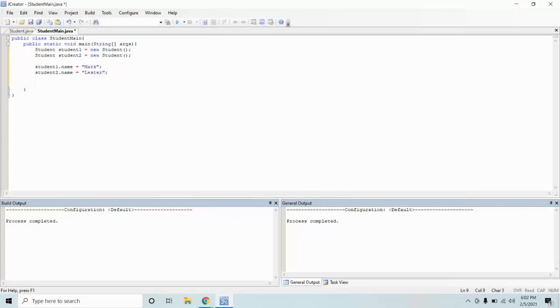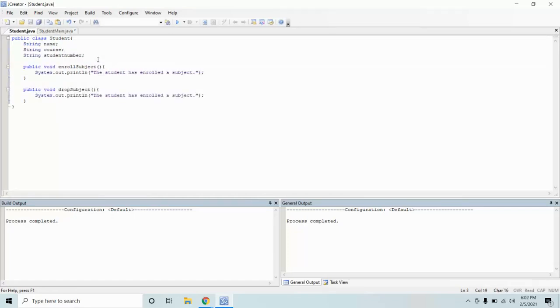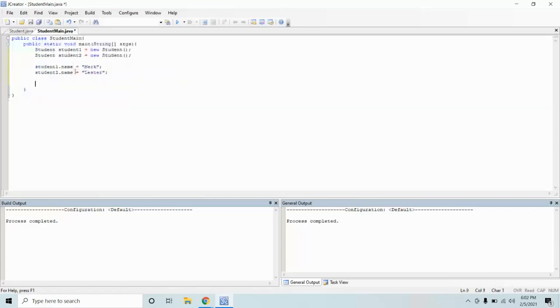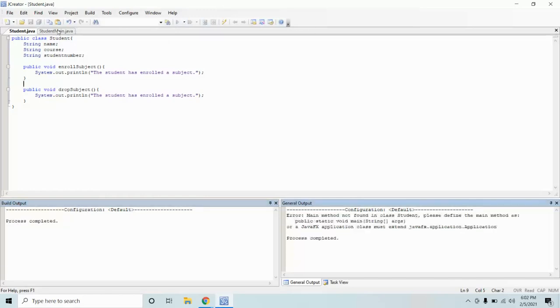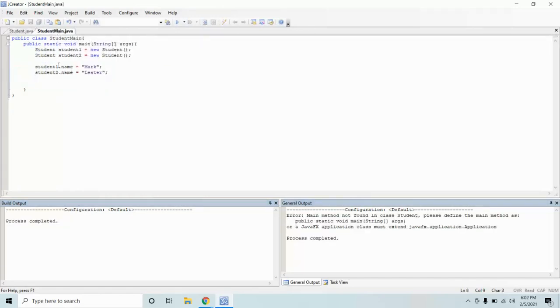For us to be able to put values to the declared attributes here, we need to do it this way. What if we want to indicate or put initial values? What if that's the case? Because if we run this one,